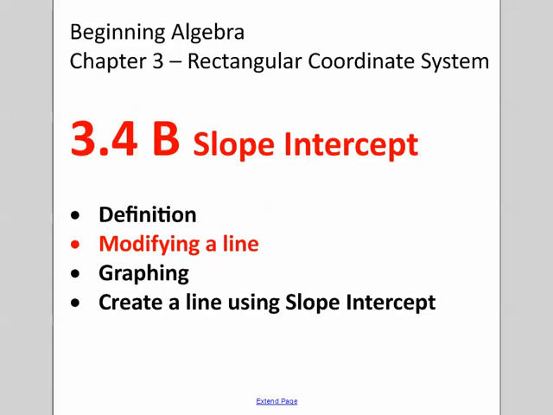Alright, so here we are, 3.4b, slope-intercept form of a line. This is the second video, so it's therefore B. And we're going to modify a line to get into slope-intercept form. Remember, the whole idea of slope-intercept form is that